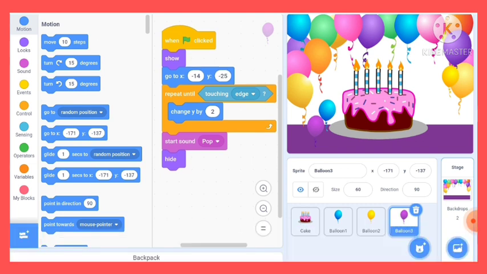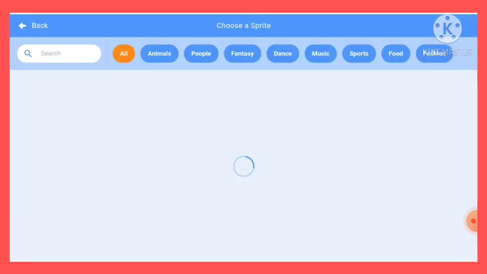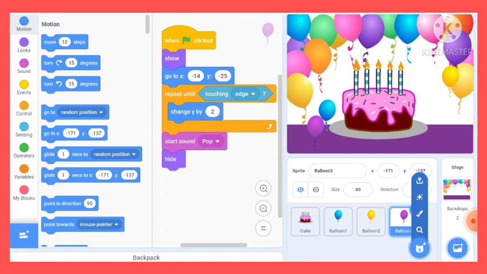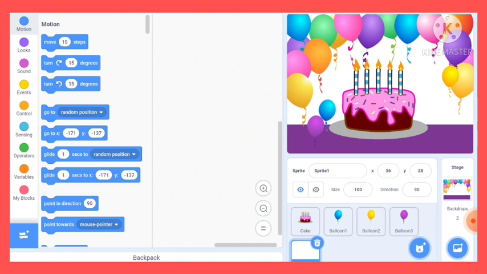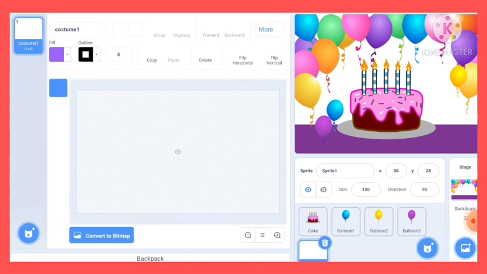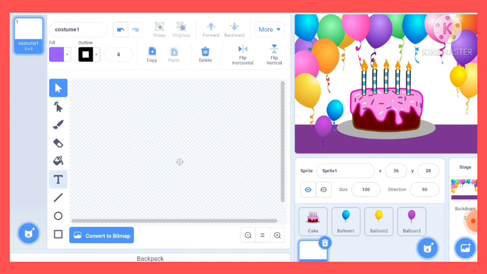So I will click on this sprite library. So at this time we don't need to choose a sprite. So let's make a sprite by clicking here and then clicking on brush, and then I will get a kind of page here. So I will write there happy birthday. As you want, you can do it.